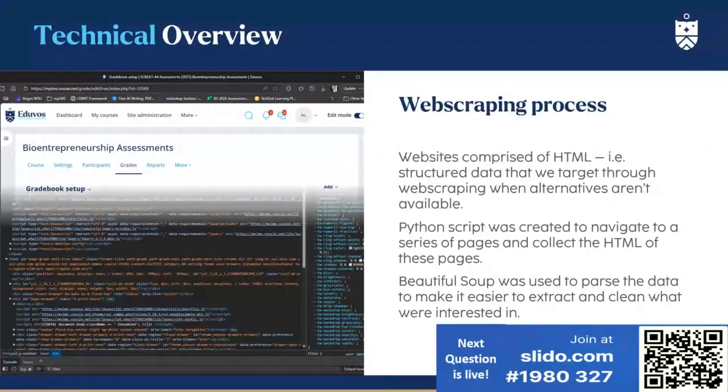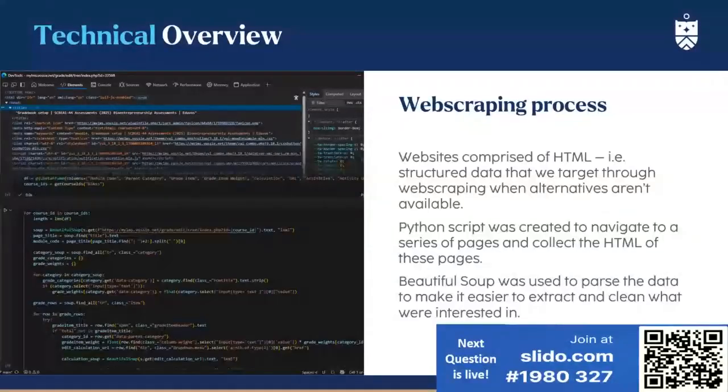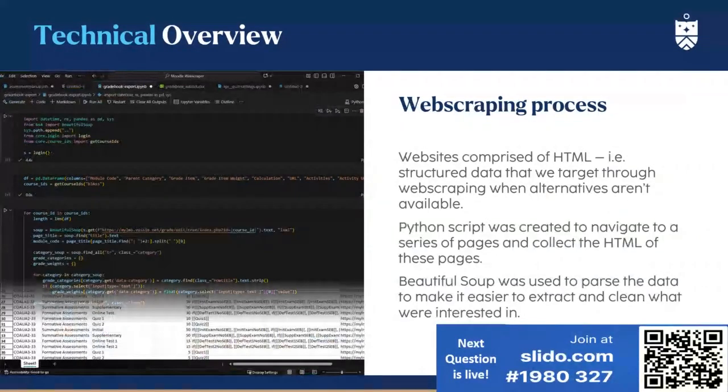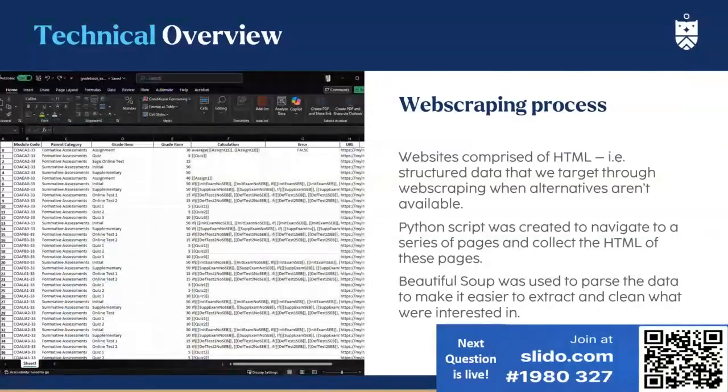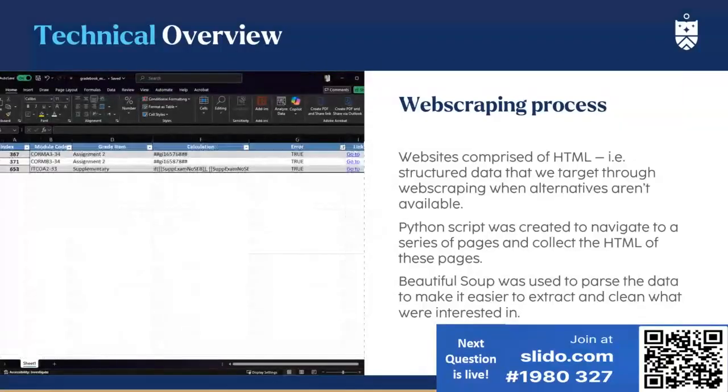But in this case, just to be able to appreciate how much data there is that's irrelevant for our needs, we created a script that would go through each one of our course pages and extract the necessary data that we needed, selecting specifically what we would like to target and pull out. So from there, we get this full picture of the data, and we can drill down to identify those errors, but also draw out some insights on which activities commonly cause them, which faculties seem to have a more pervasive problem, and get more insight so we know where to do targeted intervention in the future as well.